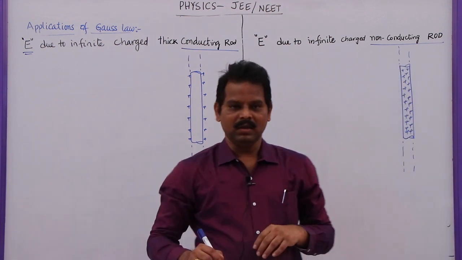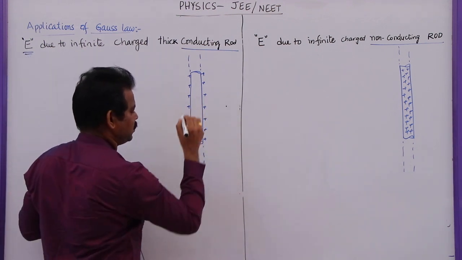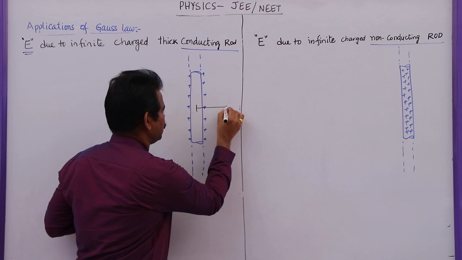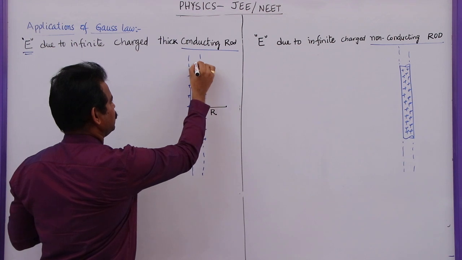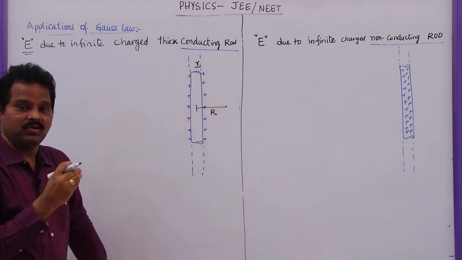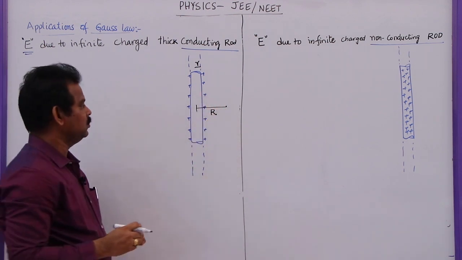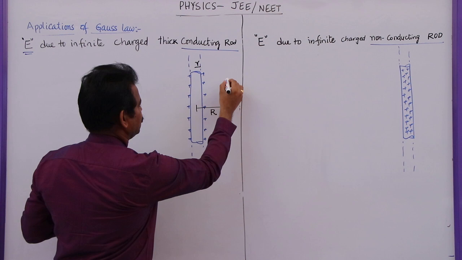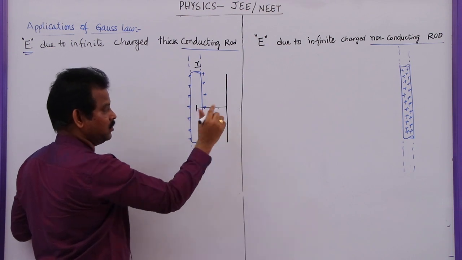So now here in this case, if I want to find out electric field due to this, so first I need to find electric field somewhere here. The condition is, if the distance of this point from the center of the rod is, let us say you take this as capital R, and the radius of this rod you take this as a small r, we need to construct a Gaussian surface such that this point will lie on that Gaussian surface. So here the best Gaussian surface that can be constructed here is a cylinder. So let me draw a cylindrical Gaussian surface such that this point will lie on that cylindrical Gaussian surface.